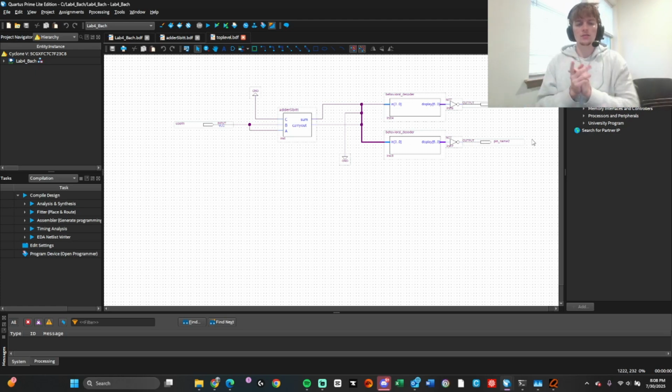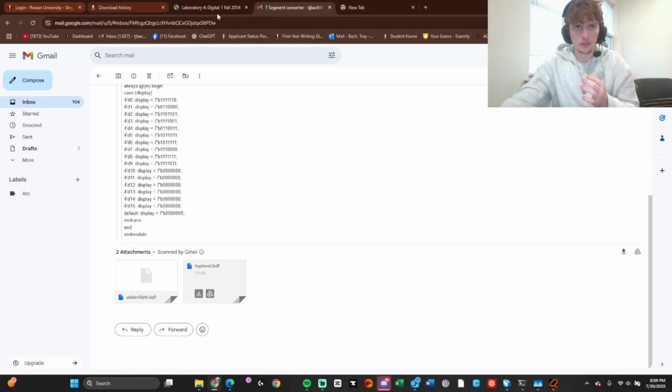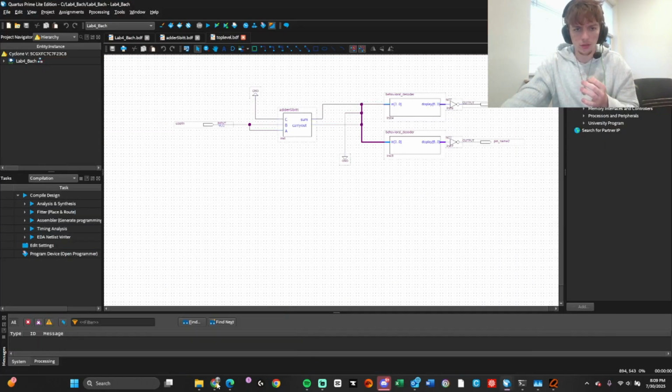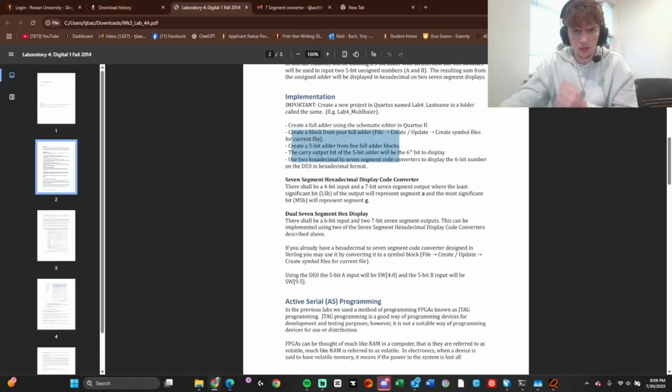And yeah, that is my symbolized code condensed into the two 7-segment display decoders,